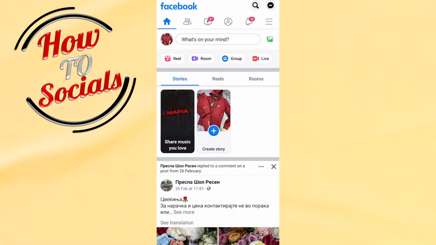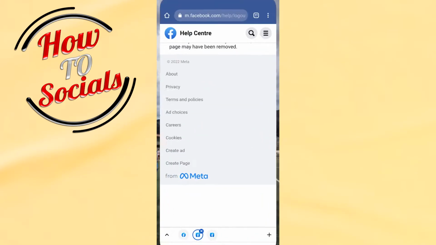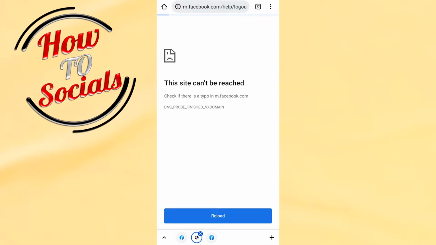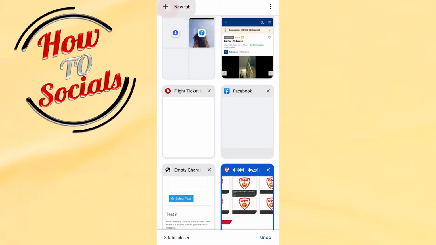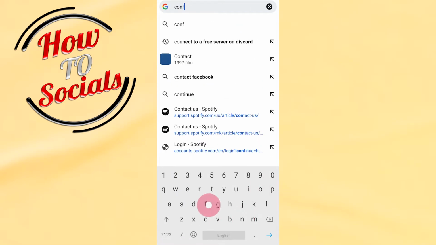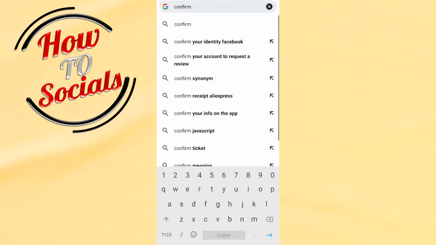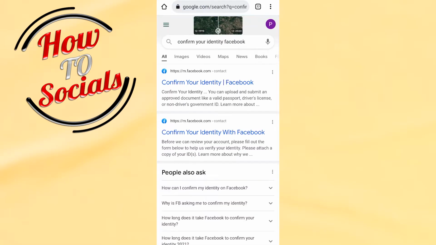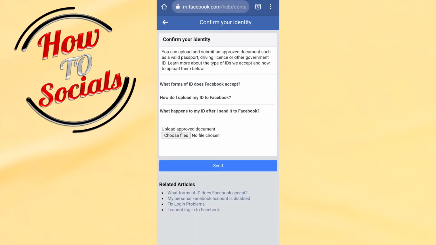Firstly, if you want to go and select the page where you can confirm your identity on Facebook, you need to go up to your browser and then type "confirm your identity Facebook". Go for the first selection, and here firstly you need to log in to your Facebook account, as you know,